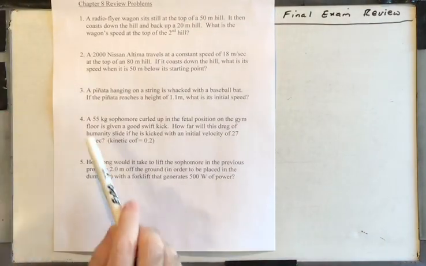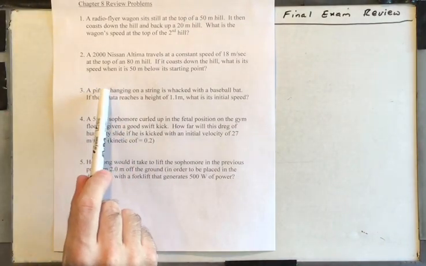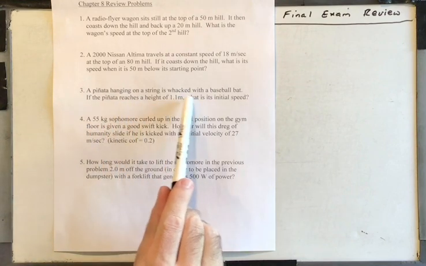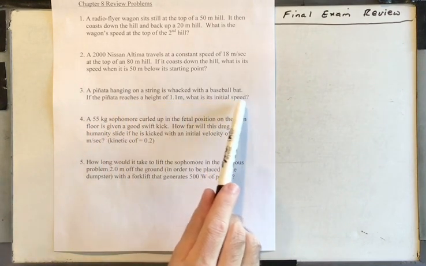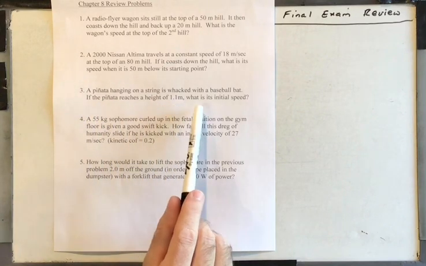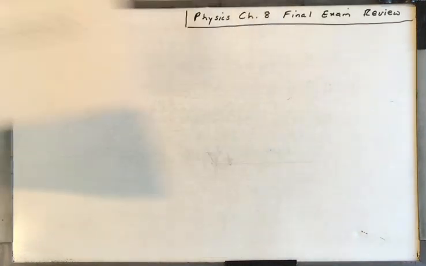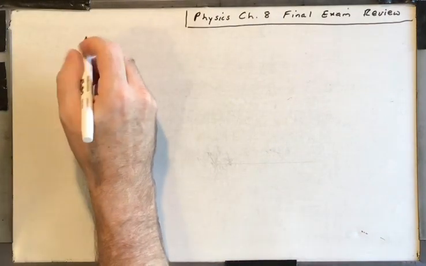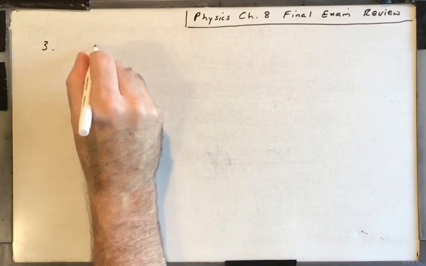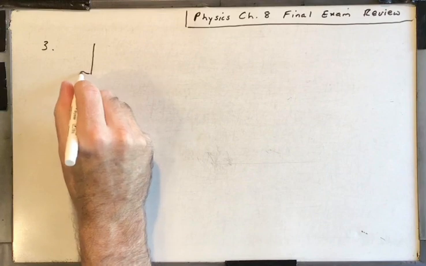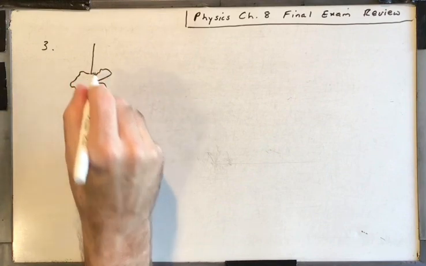Number 3 says a piñata hanging on a string is whacked with a baseball bat. If the piñata reaches a height of 1.1 meters, what is its initial speed? All right, on our test over this section, we had, I think it was a melon. So this time, a piñata. So let's draw a funny shaped piñata,